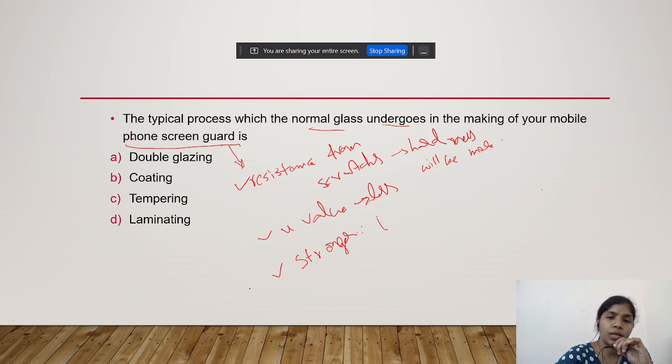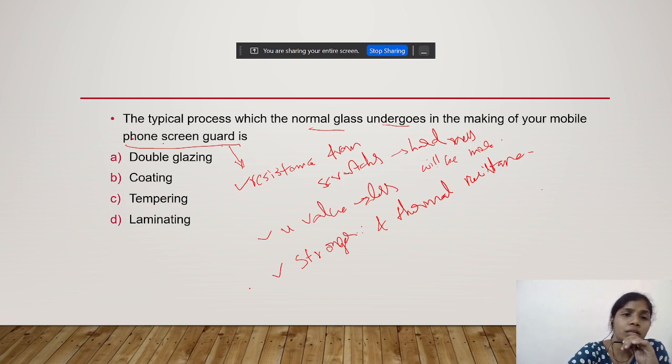Okay, it should be stronger and thermal resistant. I'll explain the tempering process now. So these are the qualities which need to be fulfilled when you want to use it as a phone screen guard. And another important thing is, when the screen guard breaks, you would have observed this earlier. If you have a glass tumbler in your hand and you drop it on the floor, it will shatter into pieces